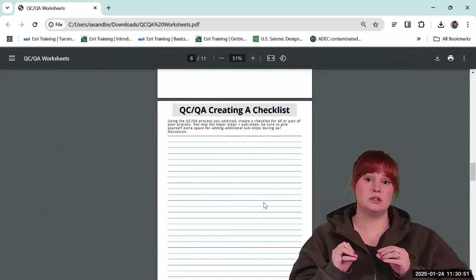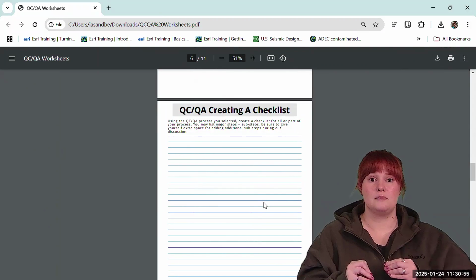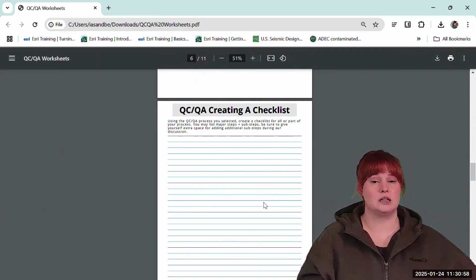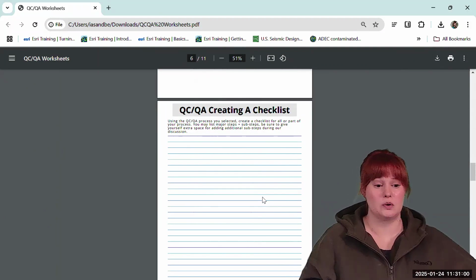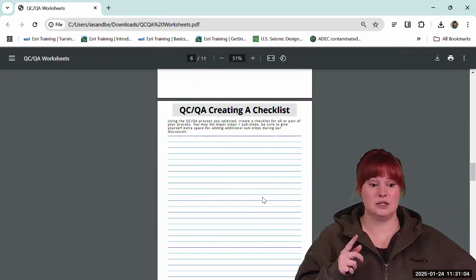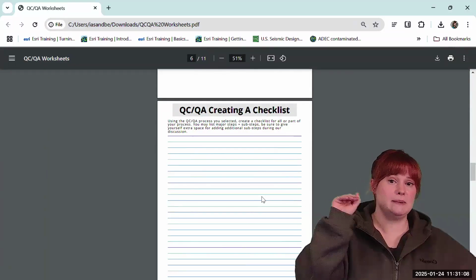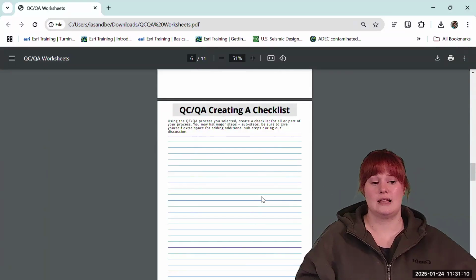Like, try and get into the most detail you possibly can with this, and that way you can create something that is going to be helpful for folks and useful for folks, and hopefully flexible for folks. We'll talk about that in just a minute here, but making sure that you're identifying all the steps and maybe some sub steps within that.